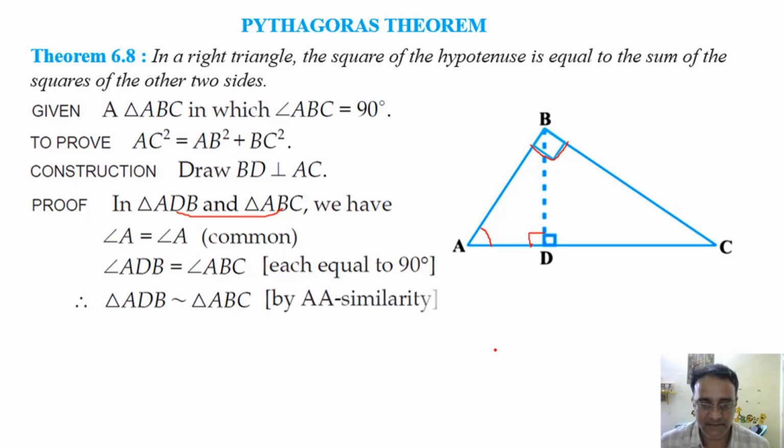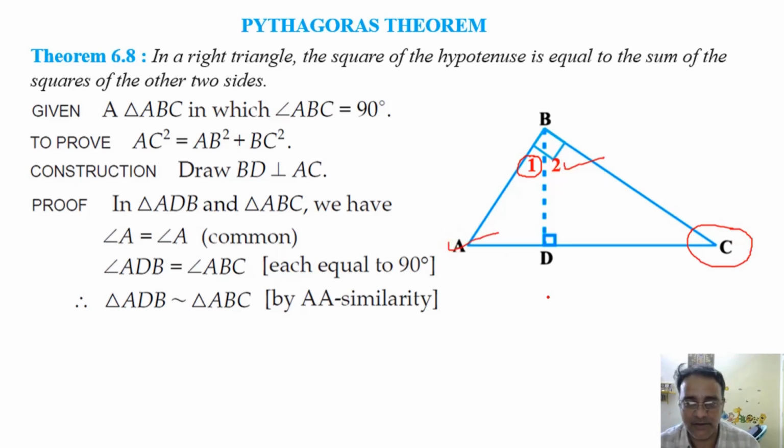AA similarity. Right. अब हम लोग को करस्पॉन्डिंग साइड्स लिखना है. राइट, ध्यान से देखो, यहाँ पे मैं 1 2 लिख दिया हूँ और 1 का करस्पॉन्डिंग एंगल जो है वो एंगल C होगा. ध्यान से देखो, और एंगल 2 का जो करस्पॉन्डिंग एंगल A होगा. कीप इन योर माइंड. ओके, सो एंगल 2 वी विल यूज इन अदर पार्ट. फर्स्ट वी आर यूजिंग दिस पार्ट ओनली. कौन कौन सा? एंगल 1 और एंगल C.